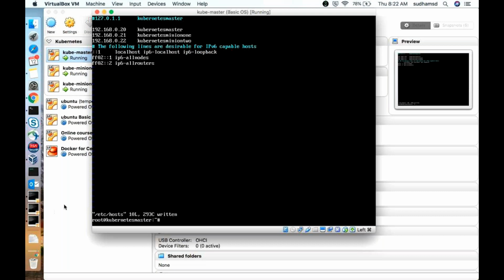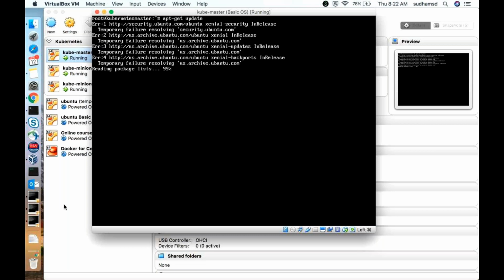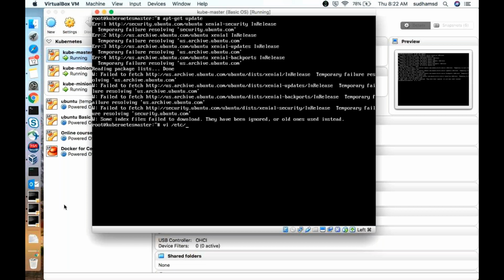Just do an update because it is a fresh machine. So it is not trying to communicate. What we need to do is just add the host entry. Sorry guys, DNS.